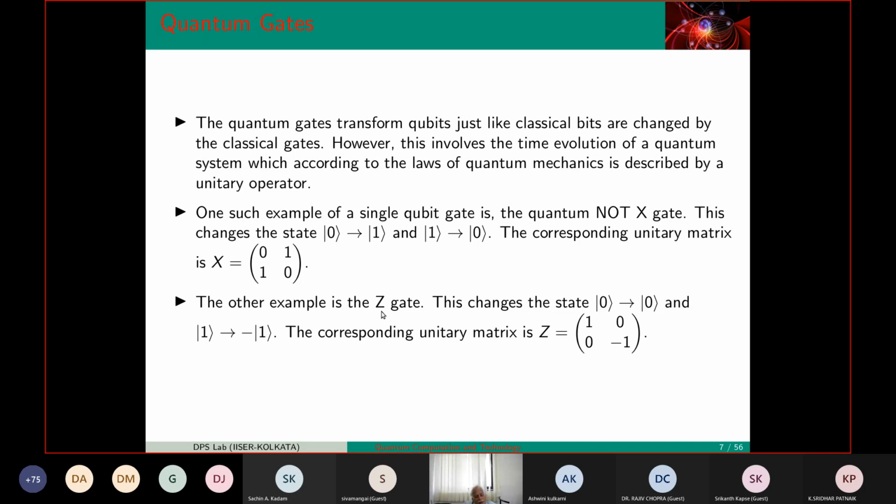So same from Pauli, we picked up this sigma z matrix. We only gave a new name. Sigma x, we call it X. This notation is due to computer science people. They just changed this object to their name. What this fellow does, it keeps 0 as 0, but changes the sign of 1 to -1. That is also required. Sometimes you would like to interfere with a minus sign. So this phase change has to be allowed, and this is the matrix. Fortunately, the mathematics is fairly simple, 2 by 2. We knew all those things dealing with spin. So far, we only changed the names, and we are dealing with quantum computation.